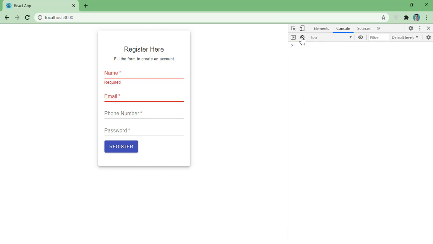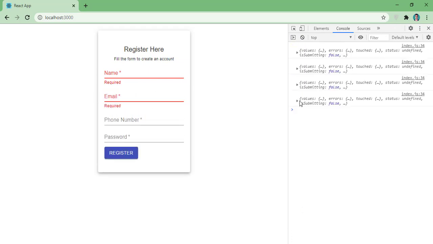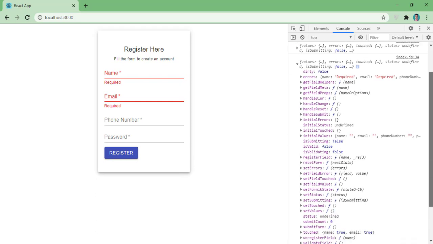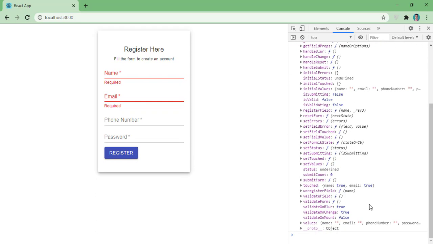So now let me clear here, and let me come out here and expand this one. You can see the touched property is true for both name and email right now. So we have to focus on this property as well.